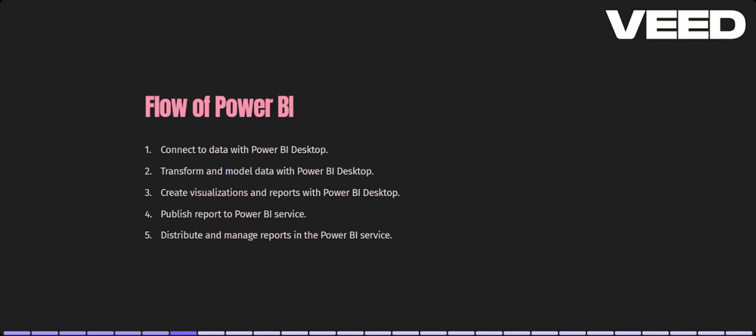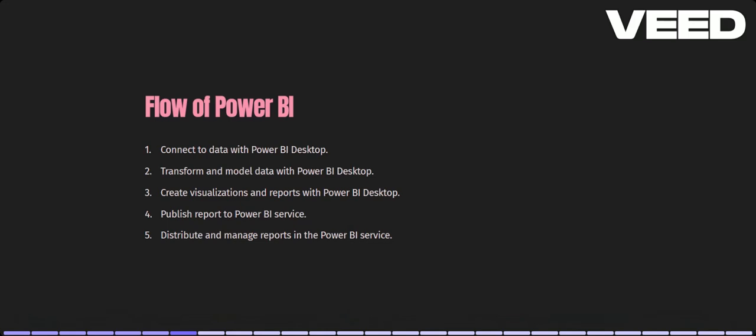And then from there you can distribute, share, and collaborate on those reports, and managing those reports can be done online. In any organization, you can share with your colleagues, or to do collaboration, or to perform a task at a time, you can go with sharing, which is the last step. So this is the flow of Power BI. Let's see each and everything in detail with the concepts we have.